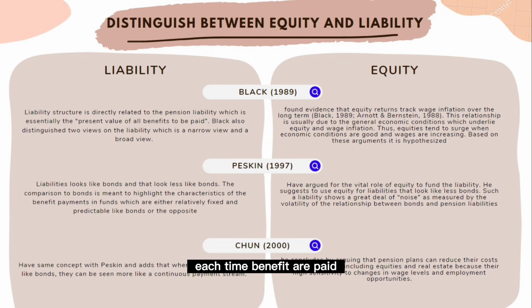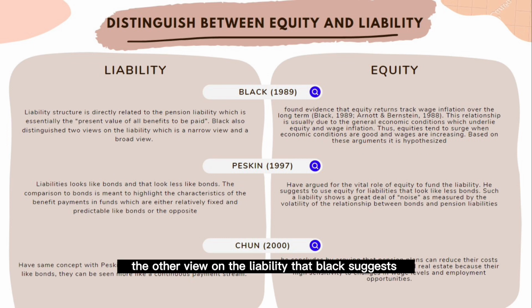Each time benefits are paid, the value of the liability decreases by the same amount, like a stock does on ex-dividend dates. Funding or hedging the narrow liability is similar to managing the risk of near-term shortfall, where an asset is needed that is relatively certain to produce a certain return in a specific time frame, rather than unpredictable returns in the long term.